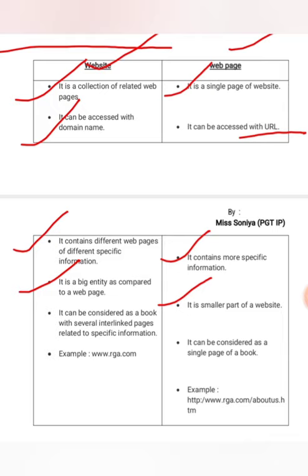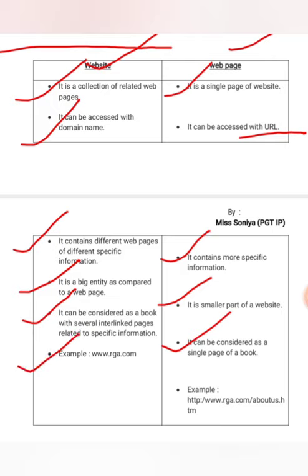Next is one more important point: if you consider a website, you can refer to it as a book. If we combine several related pages together and provide them a common name, it will become a book. A website is also like that. If we create several web pages in HTML, combine them, and give them a common domain name, then it will become a website. So a website is just like a book. On the other hand, web pages are similar to the pages of that book, a single page of your book. So this is the single page of a website.